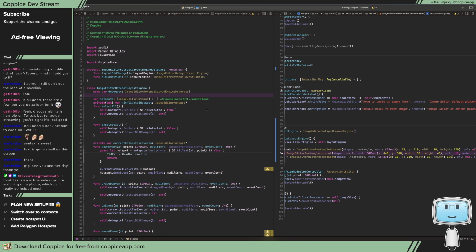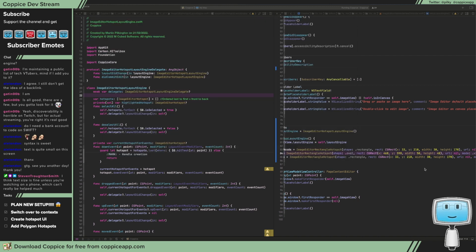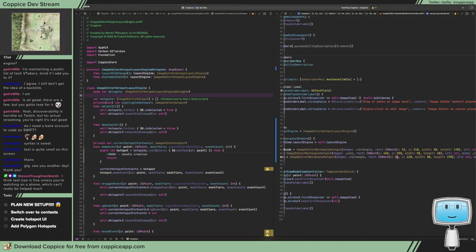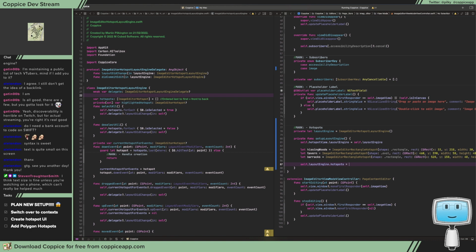And then the last one is going to be up here, and we're just going to have another rectangle, which is going to be 5, 20, 150. And then probably 40, 50. So 5, 20, 50, 5, 40, 50. And then we'll do self.layoutEngine.hotspots equals